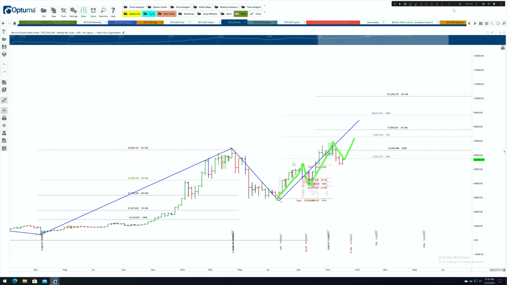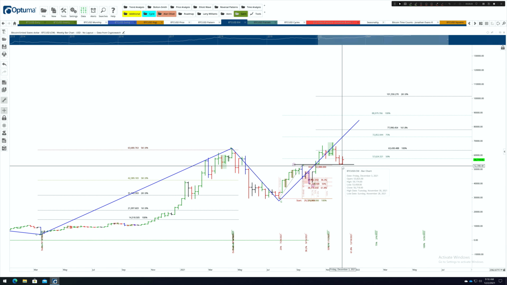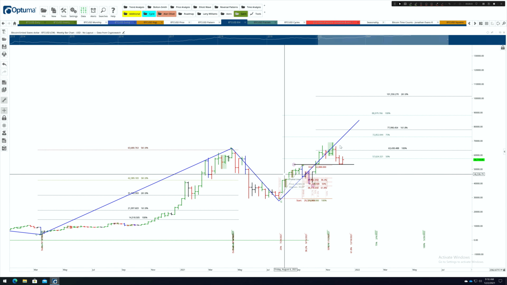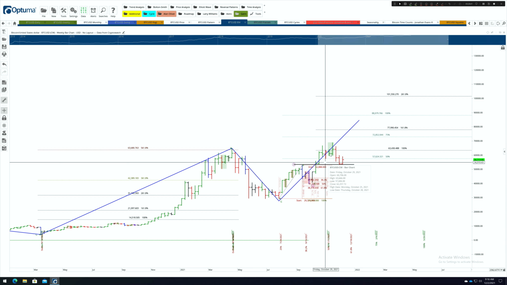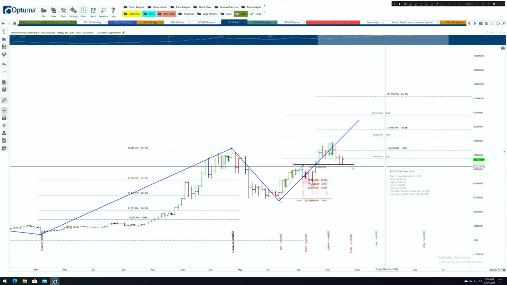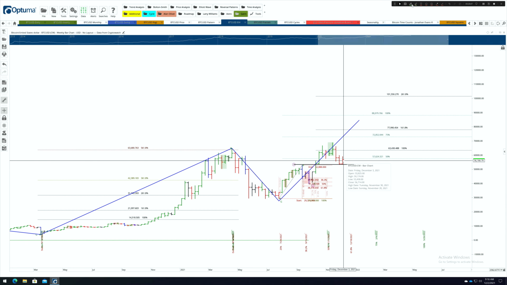Now wave 3 is generally both the strongest and the longest of waves. It doesn't have to always be the strongest and longest, but it generally is. Now wave 3 is only going to be valid if wave 3 can remain above wave 1 top, okay? So once, let's go ahead and put this in. Once this move here falls below this black line, wave 3 is no longer valid, and we need to reassess Elliott wave. What that means is that this whole move here could be considered just wave 1. I know it sounds very complicated, but it could be considered wave 1 if you know anything about Elliott wave, okay? But for as long as it stays above that, I believe that we are in currently a longer form wave 3.